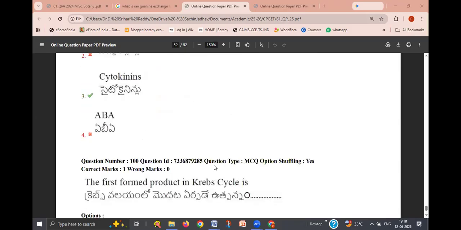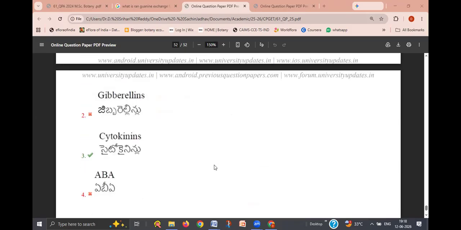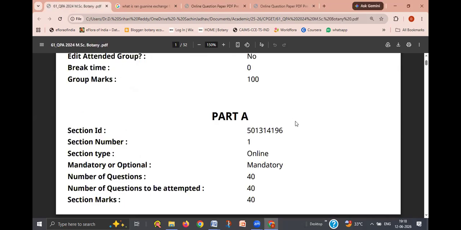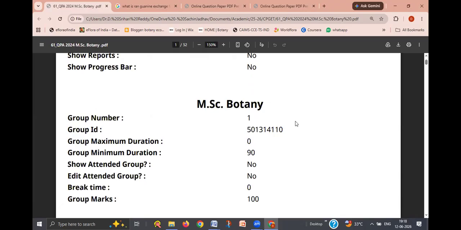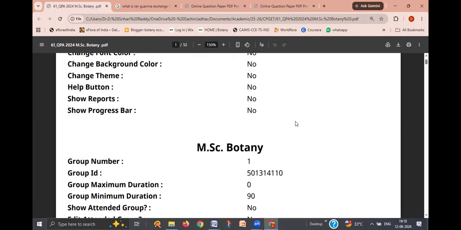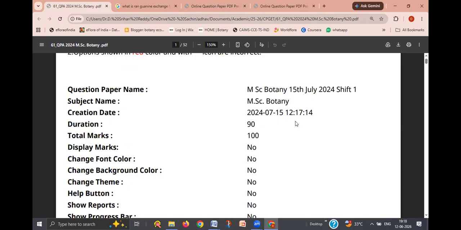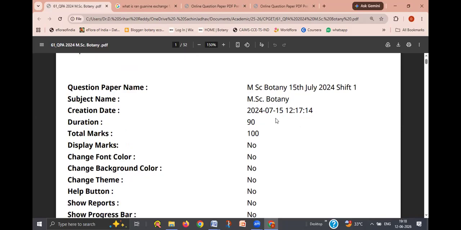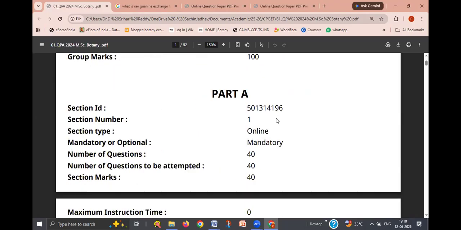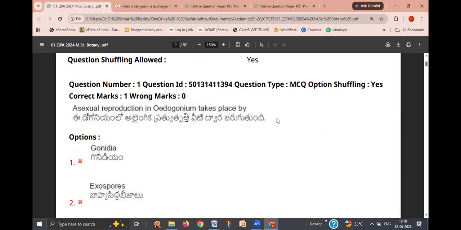So these are the questions from the 2025 paper for MSc Entrance Botany. We discussed all this. Now we'll start another question paper, the 2024 MSc Botany entrance question paper. This is the question paper. It was conducted in July. It was an online test. So now the first question we see here: